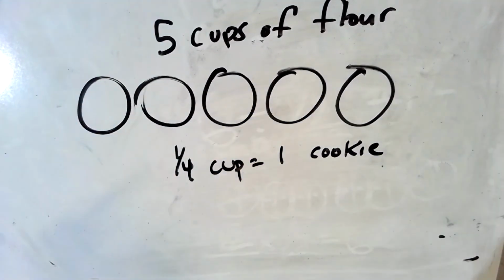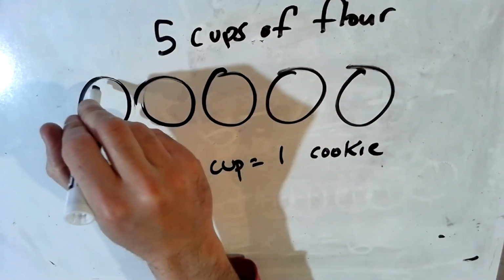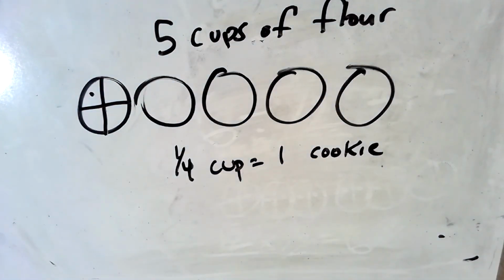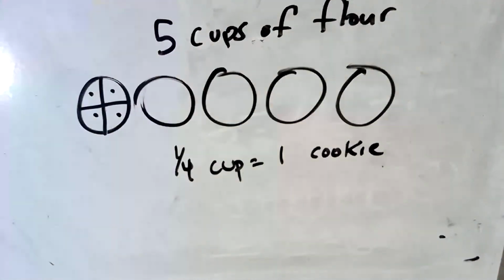Let's use this example to help us a little bit as well. Let's imagine you have 5 cups of flour. And for every 1/4 cup, you can make 1 cookie, right? So in 1 cup of flour, 1/4 of a cup makes a cookie. 4 cups of flour will make 4 cookies. I'm sorry,